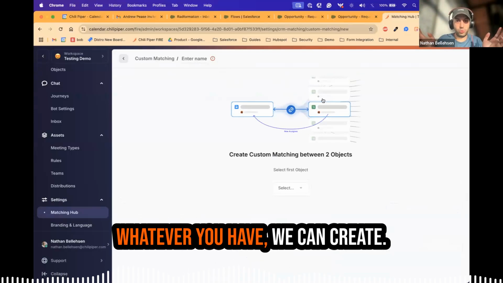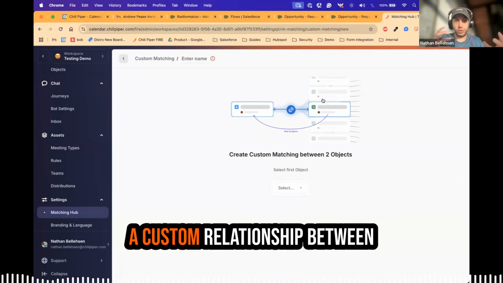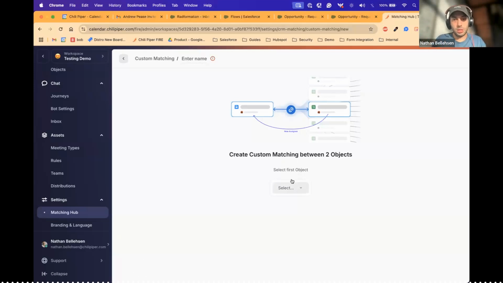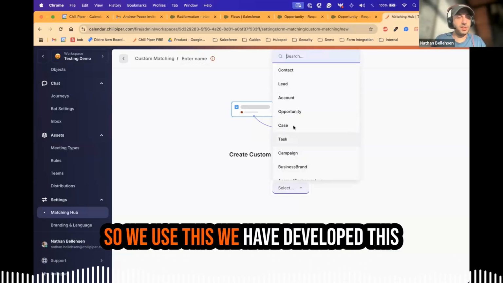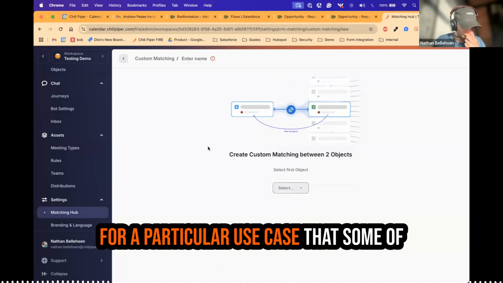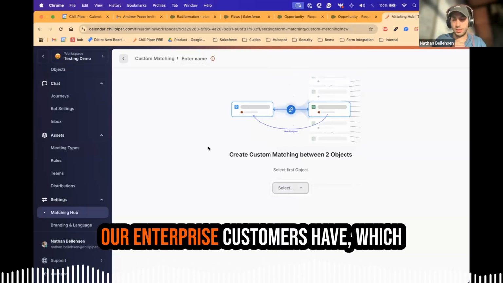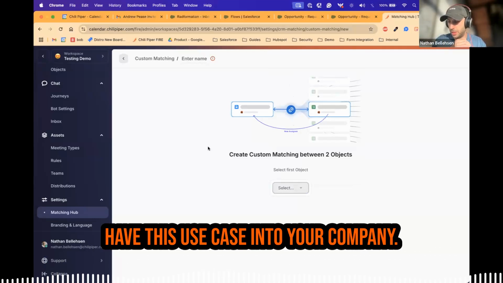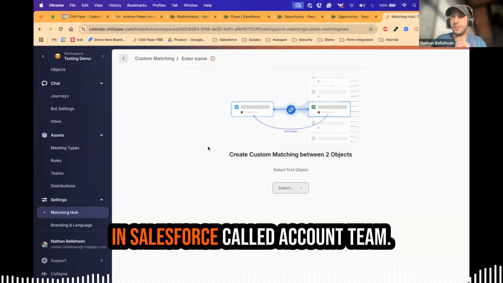Whatever you have, we can create a custom relationship between these 2 objects and we can filter and tie break. We developed this for a particular use case that some of our enterprise customers have, which is, sometimes, and you probably have this use case in your company, you have enabled the functionality in Salesforce